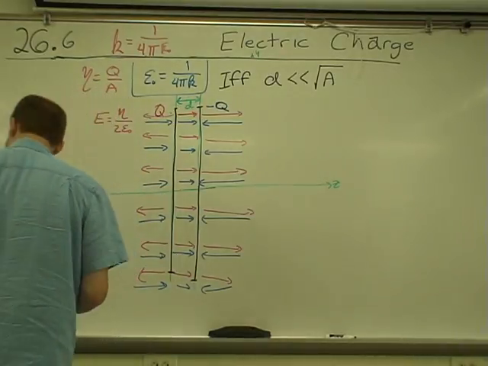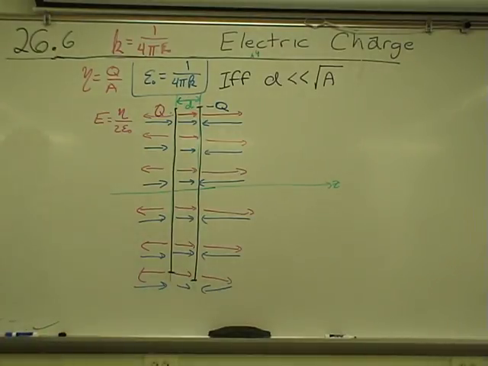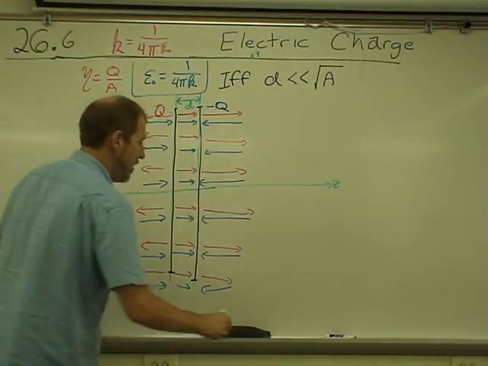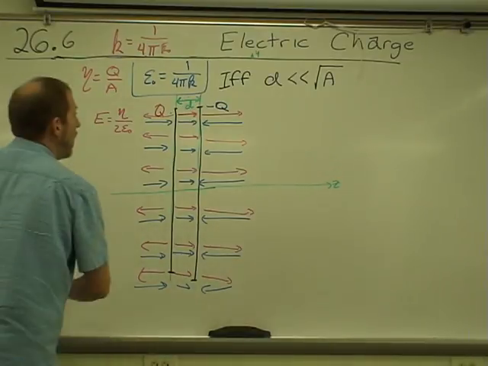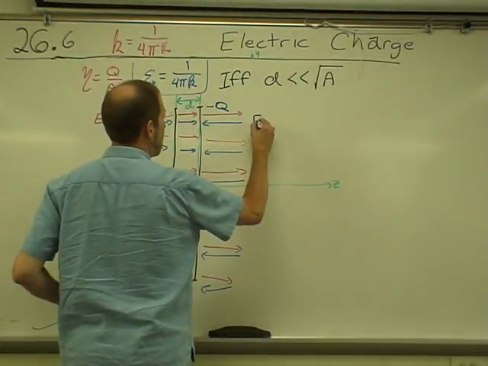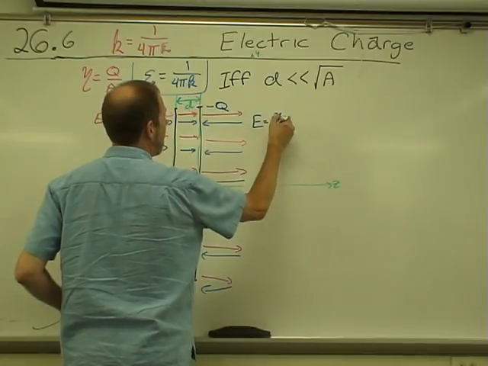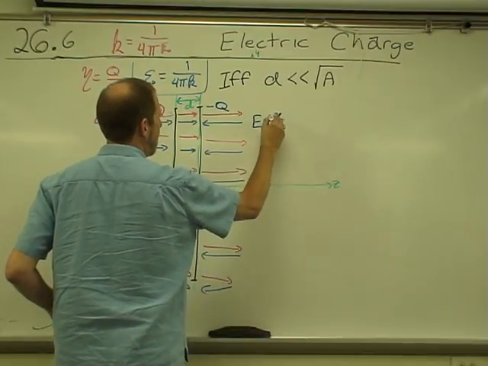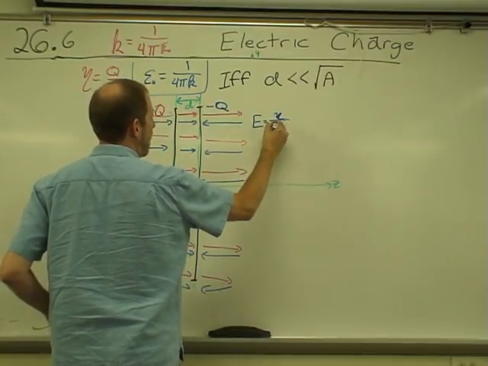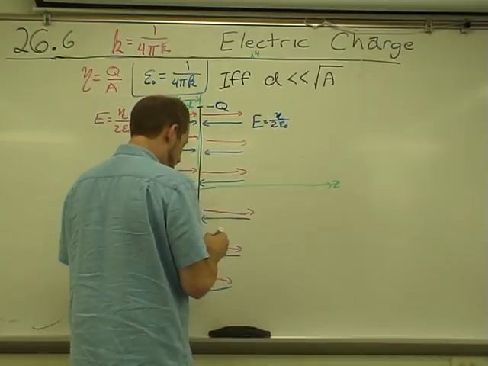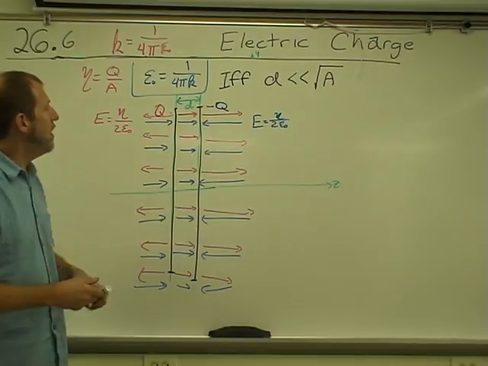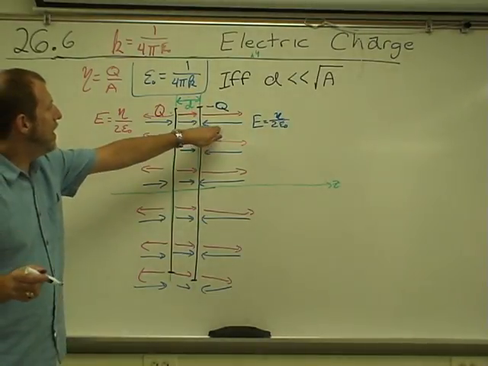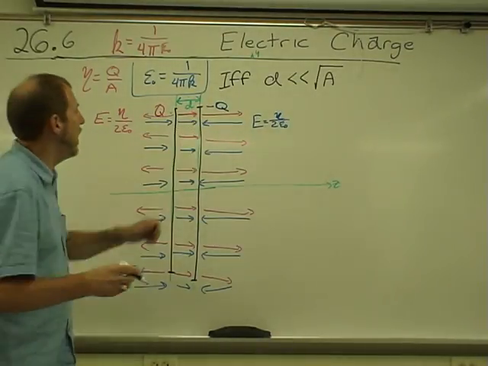And this is the clever bit, because these will have an electric field strength of eta, the same charge over the same area, divided by 2 epsilon naught. So these will have the same magnitude, which means that in any area not between those two plates,